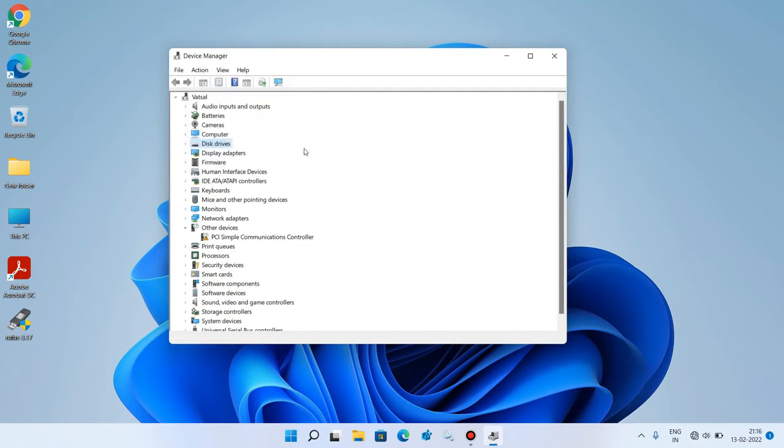So what this will do is it will search the system for the Bluetooth driver and it will install it. So just do it 2-3 times. If still the Bluetooth is not showing in this list of devices and if it is not showing in the taskbar also, then let's move to the method number 6. Go to the action menu and under action menu click on this option add legacy hardware.